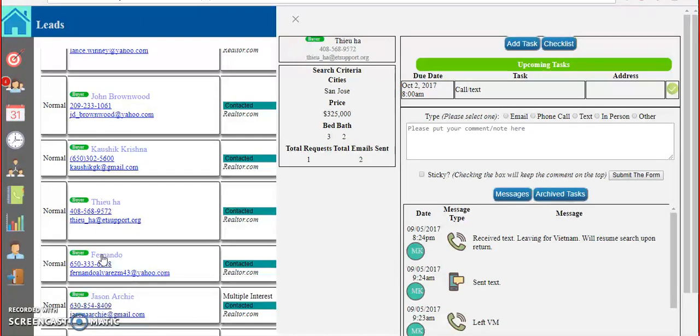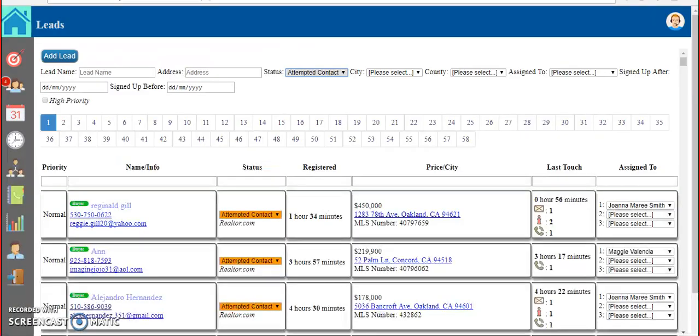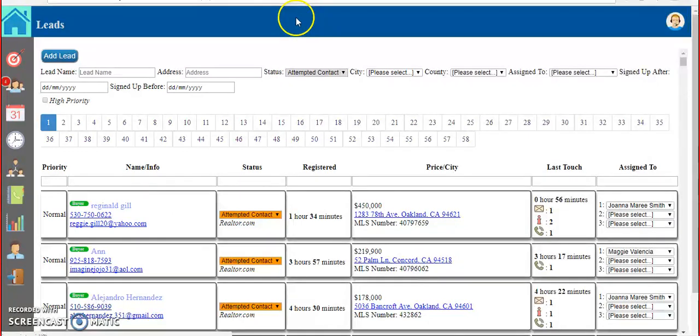They all have a follow-up task. So that's it. And same for attempted. So if you